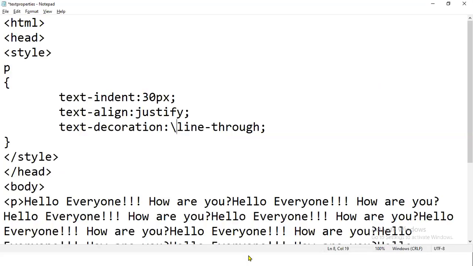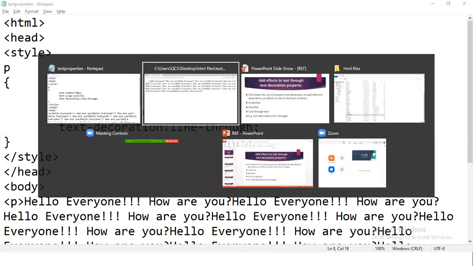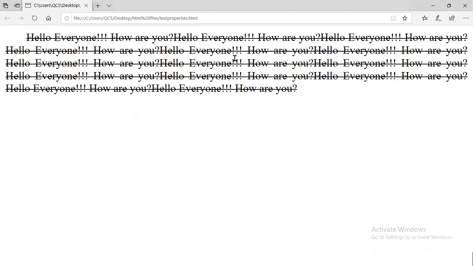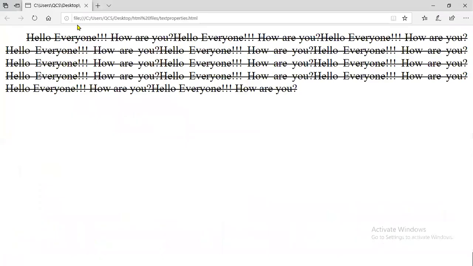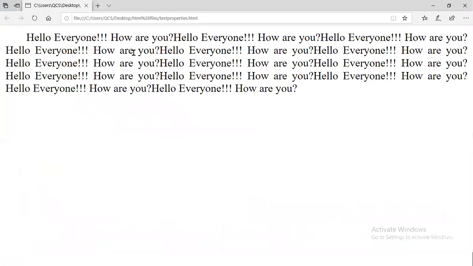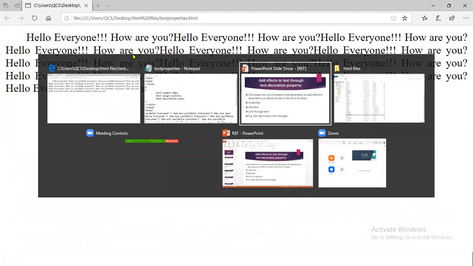Okay, there is a semicolon missing. So this way the line through will be implemented. If you don't want to use any text decoration, you will set it to none. It will not have any text decoration effect on the text.